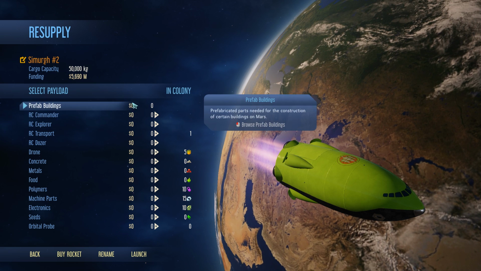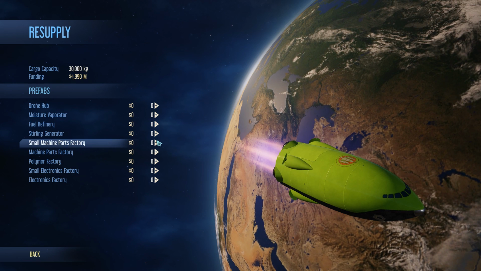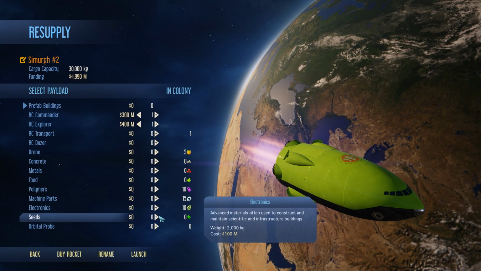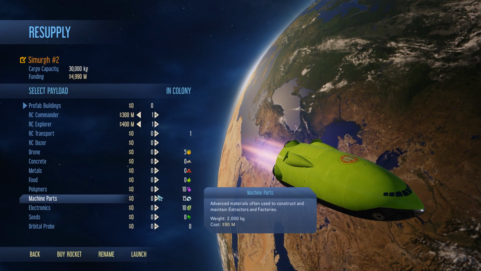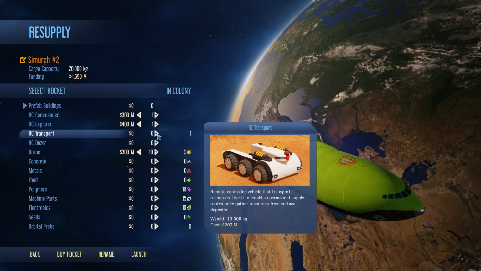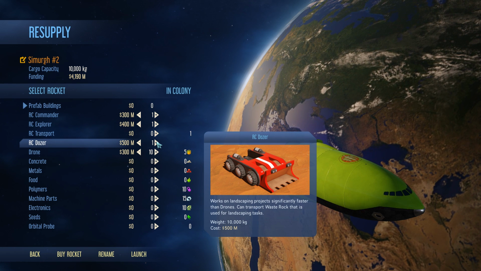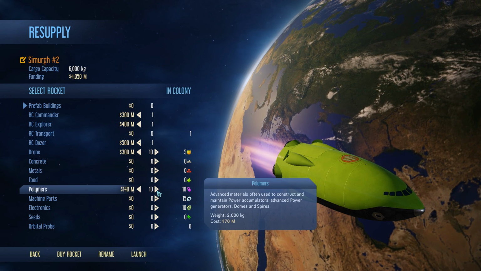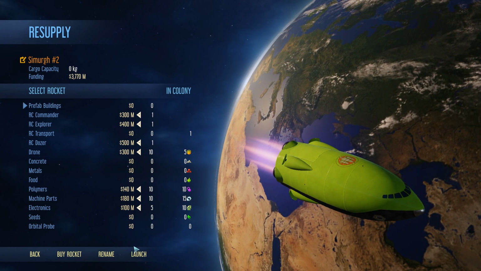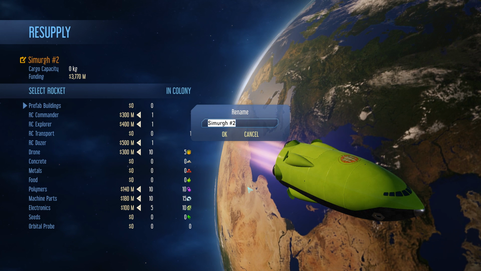I still have one available. It's going to be a cargo rocket, which carries an RC Commander, an RC Explorer. What else? Water is not really going to be super required. Seeds are a bit early. I think more drones would be handy. And a second RC transport, no, but I want to start with an RC dozer early to make sure that I can start building a ramp. And let's just ship in a whole bunch of additional, well, not that much apparently. The rocket's full. Now this is the Simurg 2. This is after the Great Lakes going to be the...